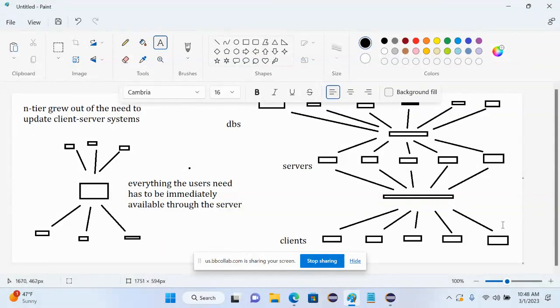So N-tier, you can tell by looking at it, is a lot more complicated to set up, build and manage than client server, but it solves this problem of, hey, I'm a client who might need to use applications that are only available on some servers, not all, and I'm going to need to connect to databases fairly unpredictably, right? In one moment, I might be looking at pictures from my friends from this week, and in the next moment, I might want to go back and look at pictures of my dog from 2009. Can't feasibly do that with client server. You can feasibly do that with N-tier.